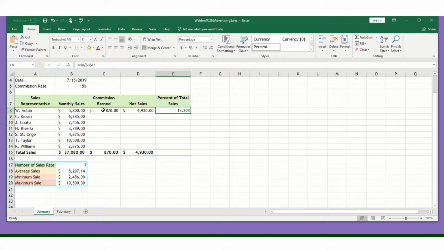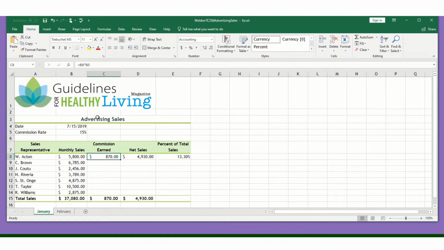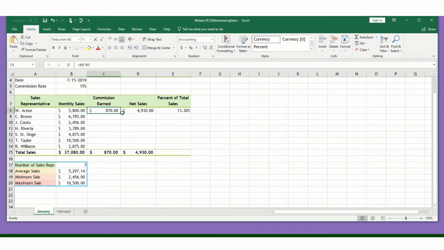So let's do this. We're going to come over here, and I think the textbook tells you to select these and use the copy and paste. And that's one way to copy and paste formulas. But let's just do one column at a time. So you correctly have the function in here. No, you don't. So this function needs to be using absolute cell reference, because if I copy this down